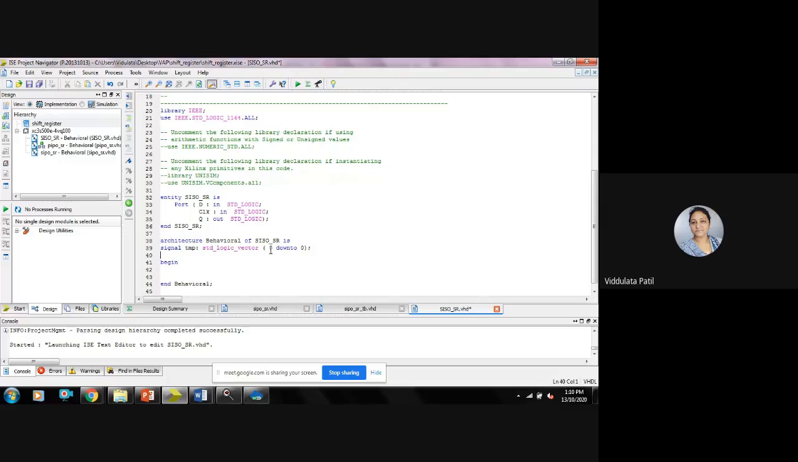Then we are going to begin the architecture. This is the declaration that we are going to do for this architecture. After that we are going to write a process, where the sensitivity parameter is the clock. Then begin the process, and after that, if there is a clock event and clock equal to 1, then